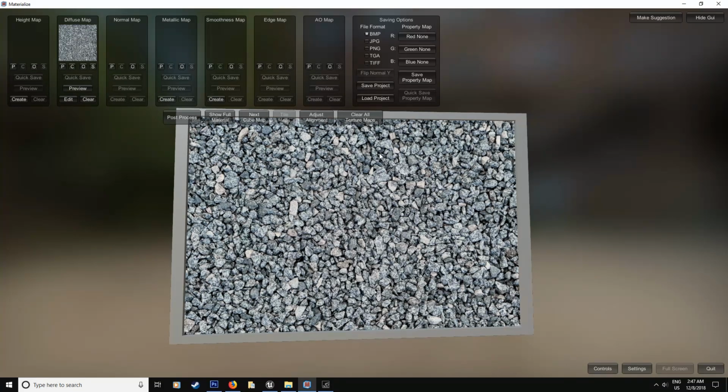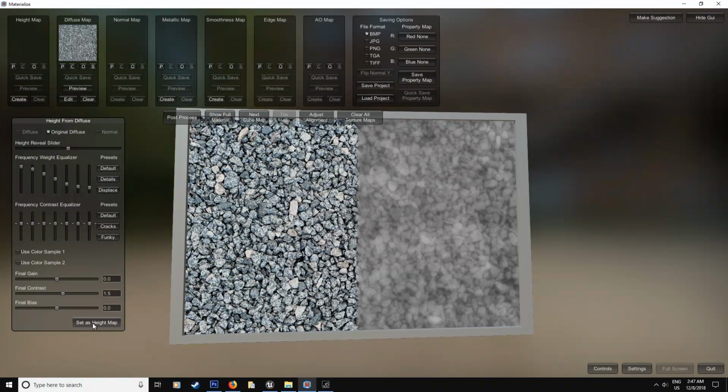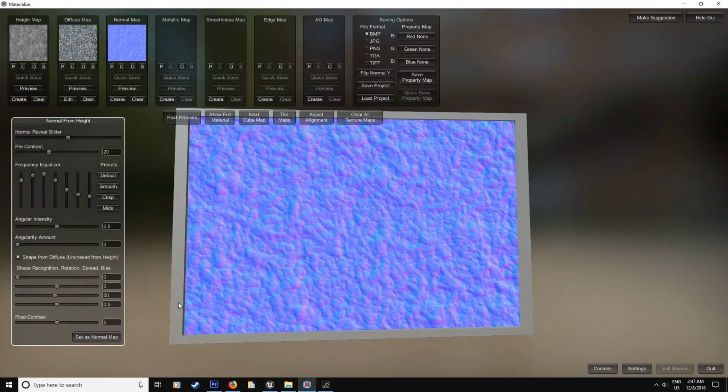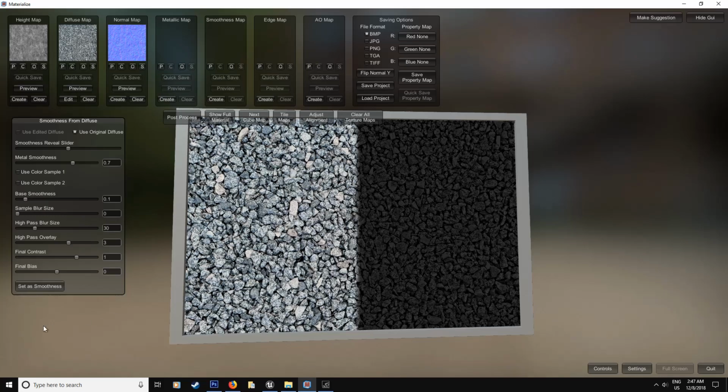You would have to basically go inside and change the values and just switch them. And now to show you how this program is amazing, and you can even choose the file format, let's say I want a height map. I'm going to do create, and I'm not even going to play with this, set as, and let's say for the normal map create one and set as normal, and then smoothness create one and set as smoothness. Now I didn't play with any of the settings that they give us, and I just took the basic that